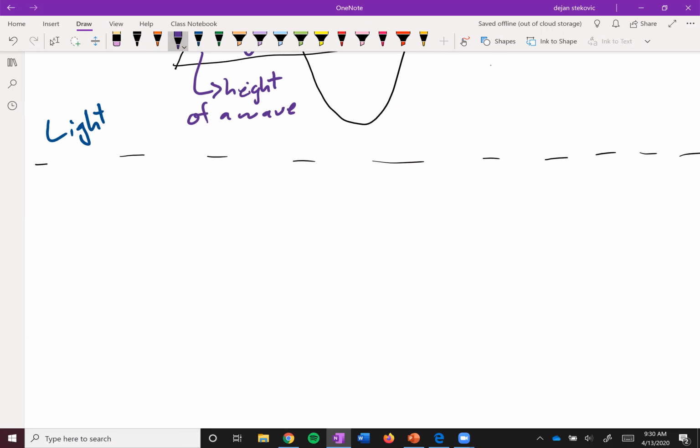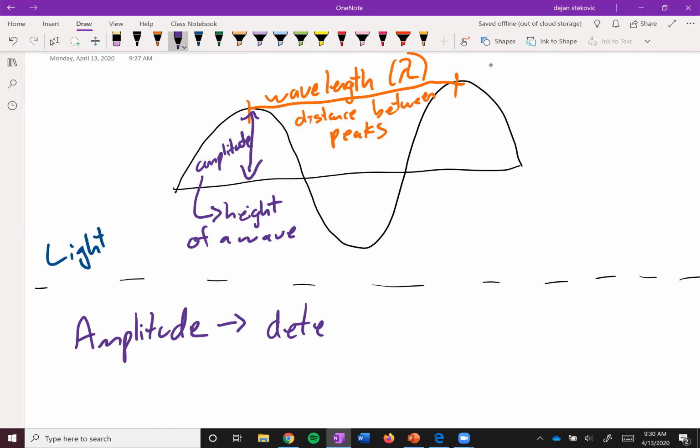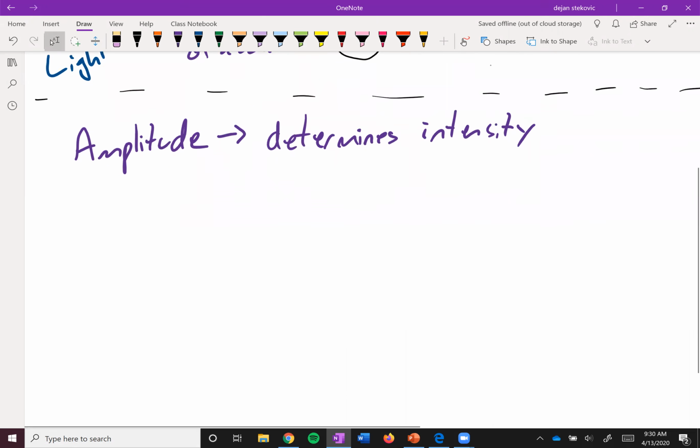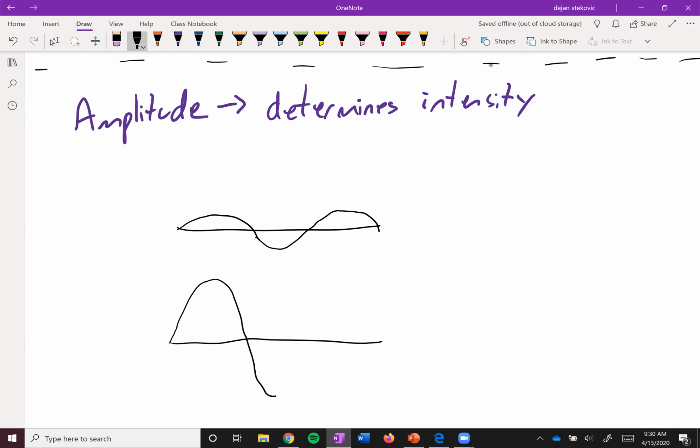So let's take a look at first at amplitude. And so that's the height of the wave. And what amplitude determines is the intensity of the light. So let's draw two waves with different amplitudes, but the same wavelength. So something like this versus something like this, right? You can see in both of these, they have the same wavelength,